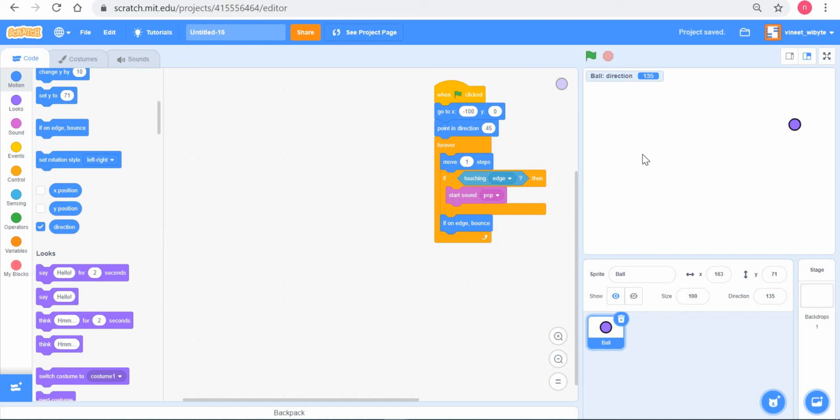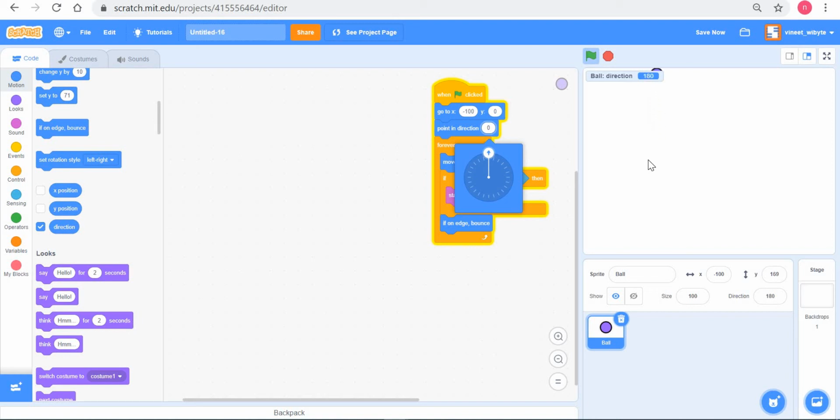What am I getting at, right? So the rule that I'm trying to drive home here is that post bouncing, post reflection, the direction of the ball becomes 180 minus the original direction. So notice when I had point in direction 0, the ball goes at 0, right? It's traveling at 0.